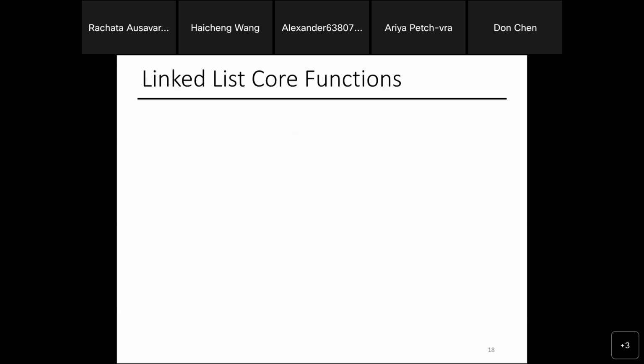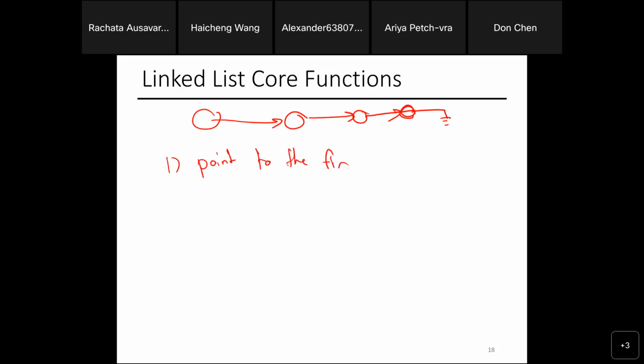Now, these are the functions that my linked list should be able to do. You can define it however you want, but here is the basic premise. First of all, if I have a pointer that looks like this, I should be able to point to the first node. Second, I should be able to insert, let's say insert at the end.